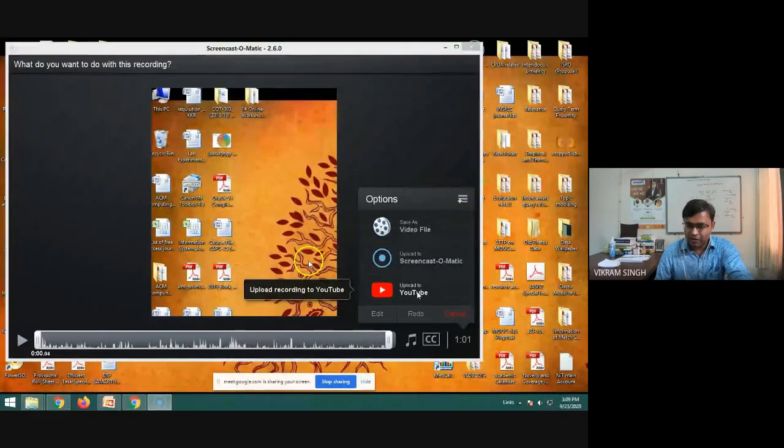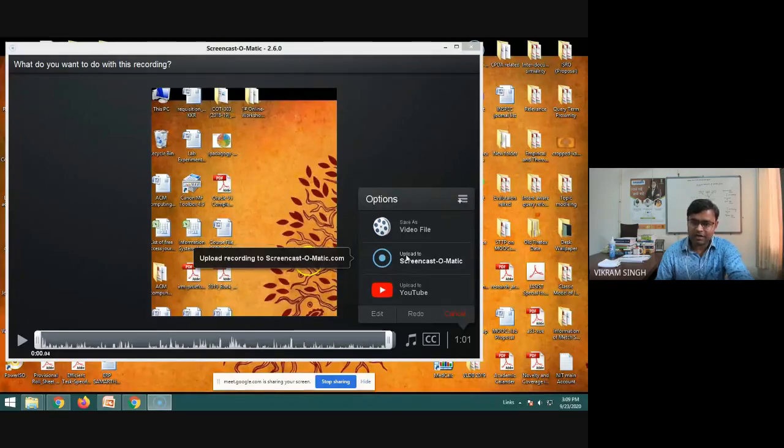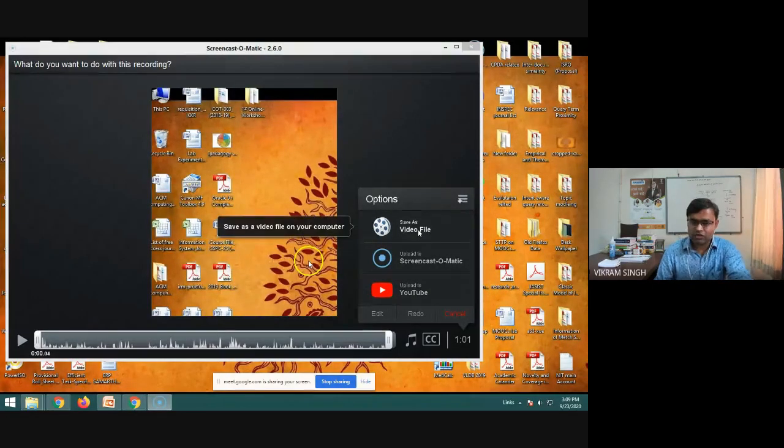That's the default way. The second way is, if we want to create a library arrangement in the Screencast-O-Matic account, you need to create an account on the Screencast-O-Matic website, and there you can upload these videos. And the last option is to save your recorded file in your local drive, local system or local folder.